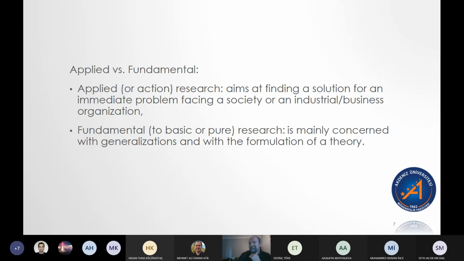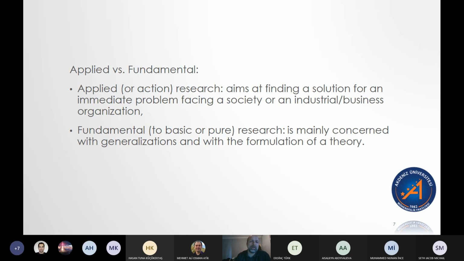Okay, and in a sense, there is a problem you're trying to tackle, even in the fundamental, where you're just trying to understand the universe, or you're just trying to understand the way something works. That still is a problem, because the problem is I don't understand how this works and I need a solution, and the solution is understand how it works. So in a sense, they both have a problem with a solution,